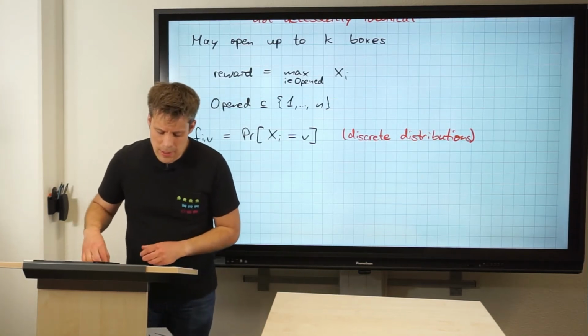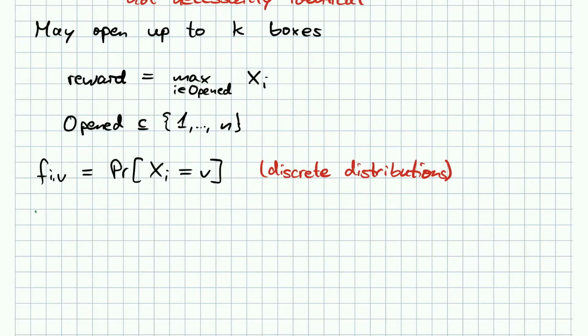Let's see what I mean by this. Let's see this in an example. We might have 3 boxes, and those look as follows. X_1, for example, contains a prize of 24 with probability a half, and it is empty otherwise, so also with probability a half.